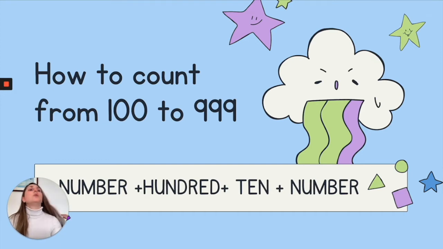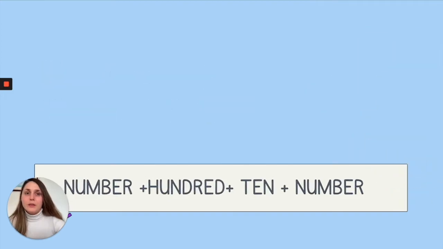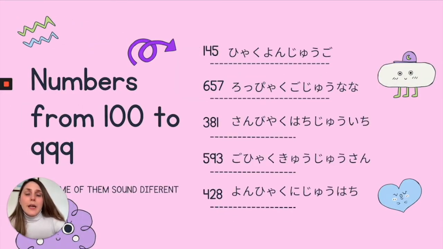So how do we say the other numbers? We just add the number that is before that. So for example, I want to say 145, so I would say hyaku yonjuugo. So yon, juu, go, as we learned. Another example, we want to say 657. So we say roppyaku, 600. We say go, juu, and nana. And well, it goes like that. Actually, there is not much more that I can say. But really, it's just repeating this pattern of number, then unit, let's say hyaku, sen, juu, etc.